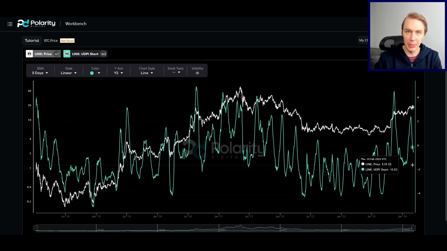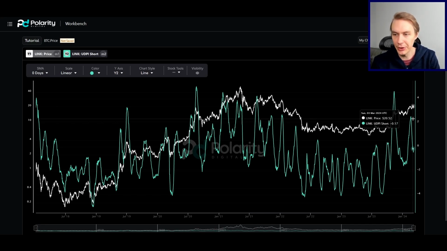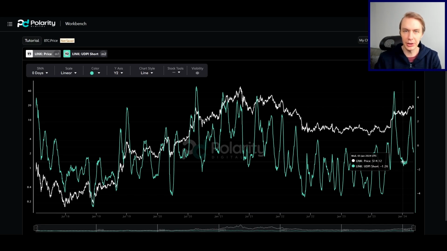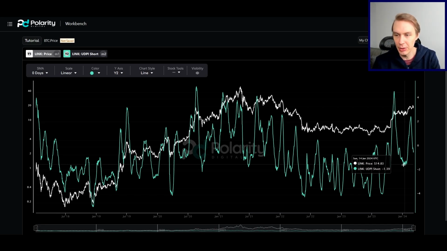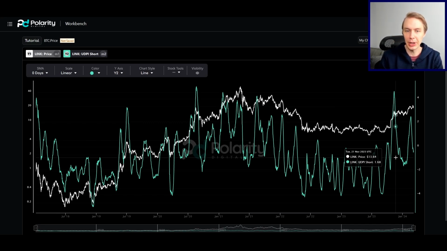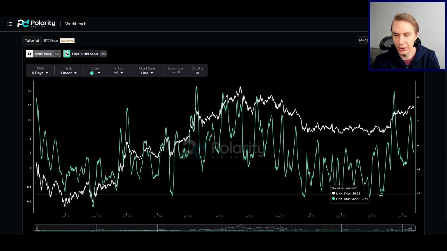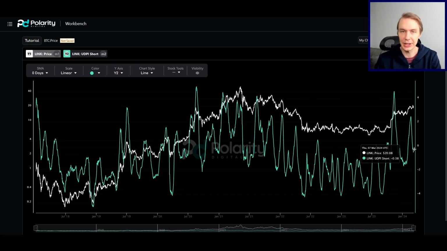When we look at this model and think about what this means for Link, there are a few things we can think about here. The first is the good news: it's cooled off so much. I've talked a lot about this model in the past, where you prefer to see rallies out of low levels rather than out of high levels. A rally that starts out of a really high UDPI level might suggest that there's not a whole lot of room left to run for the asset at that given point in time, whereas a rally off of really low levels can mean there's a lot more room if the broader market allows it. So seeing risk cool off like it has is a good sign.